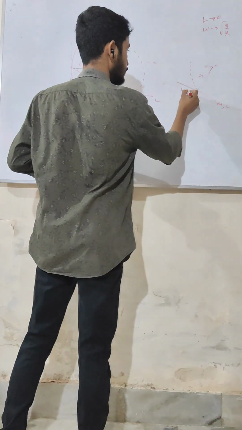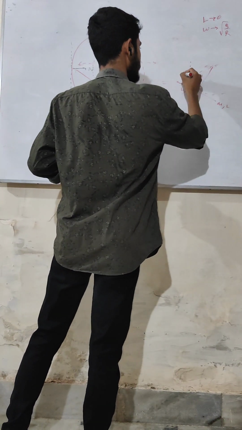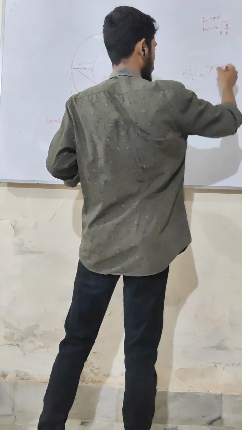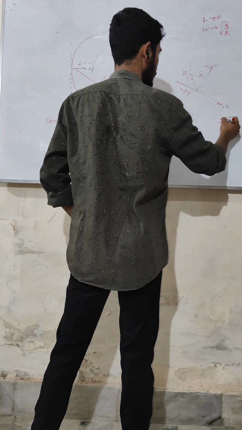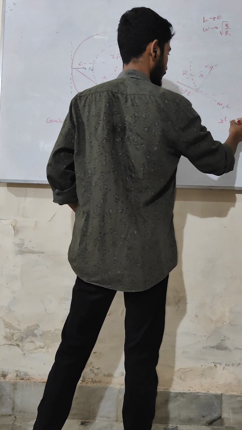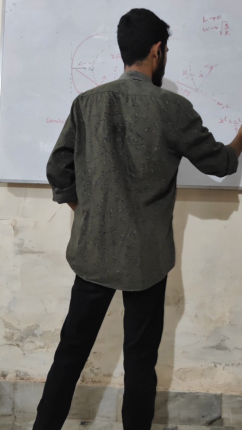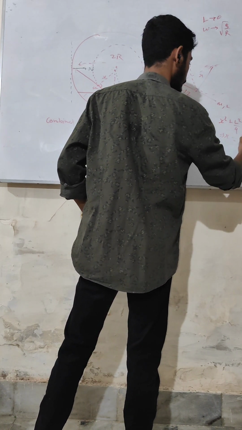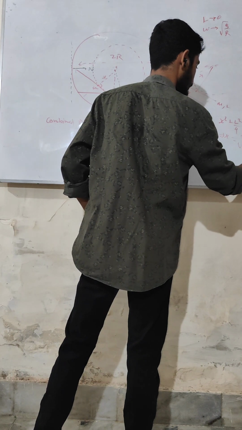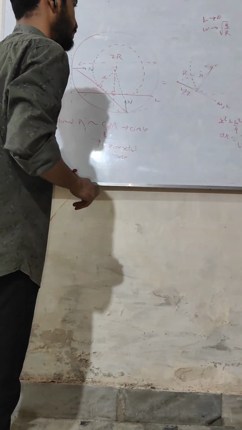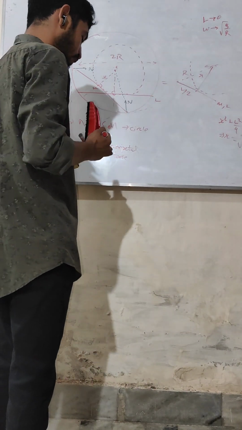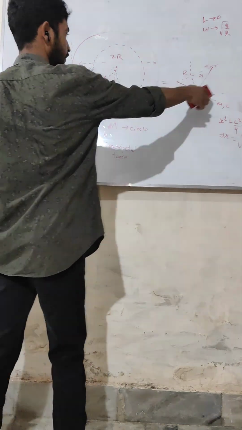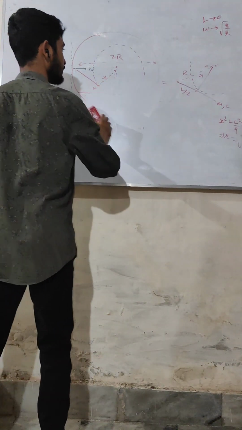Basically this is L by 2 and this was the radius r, so we can figure out x. x squared plus L squared by 4 is equal to r squared, right? So basically x is nothing but the square root of r squared minus L squared by 4, right? So now we have to figure out the motion of the bar in this